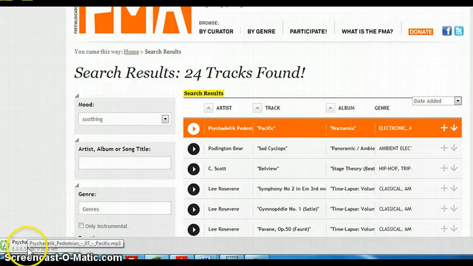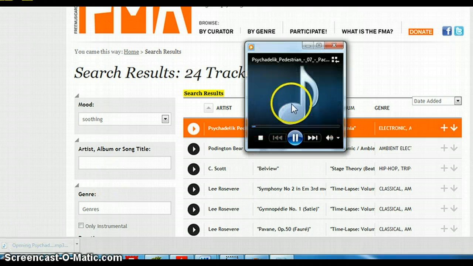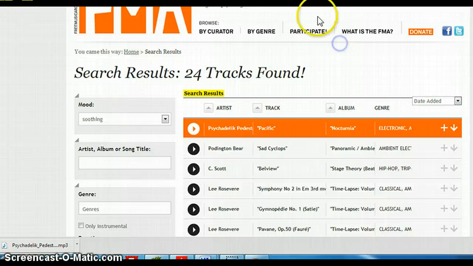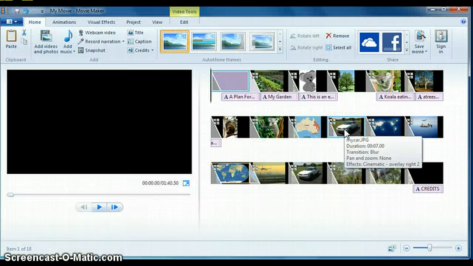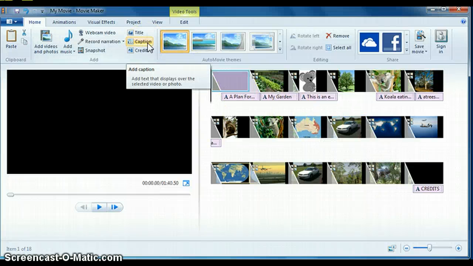Down here you'll see where it's trying to download, and then you can just click on that to open it up, and it's downloaded into your player. I'm going to push pause, and once you've downloaded your free music, you can go back to your Movie Maker software and click on the Add